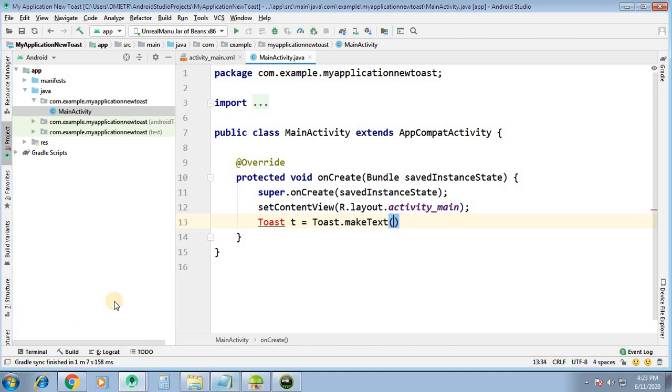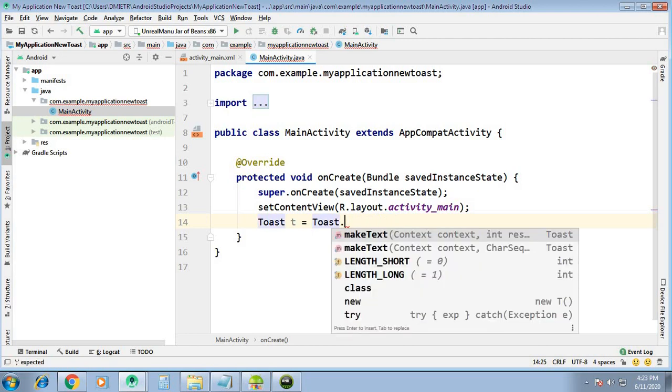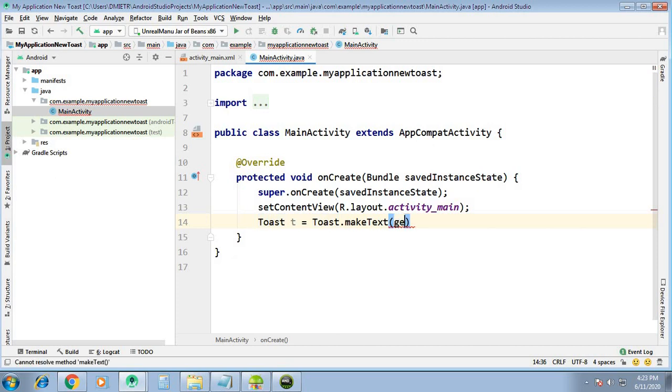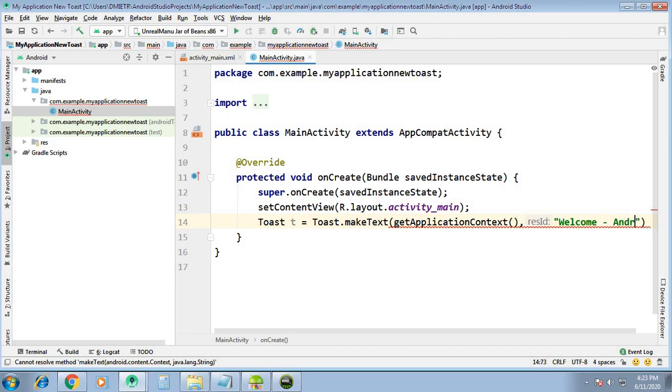Here, import Toast by using Alt Enter. Here makeText is the method. Toast dot makeText, getApplicationContext, and the message is Welcome.